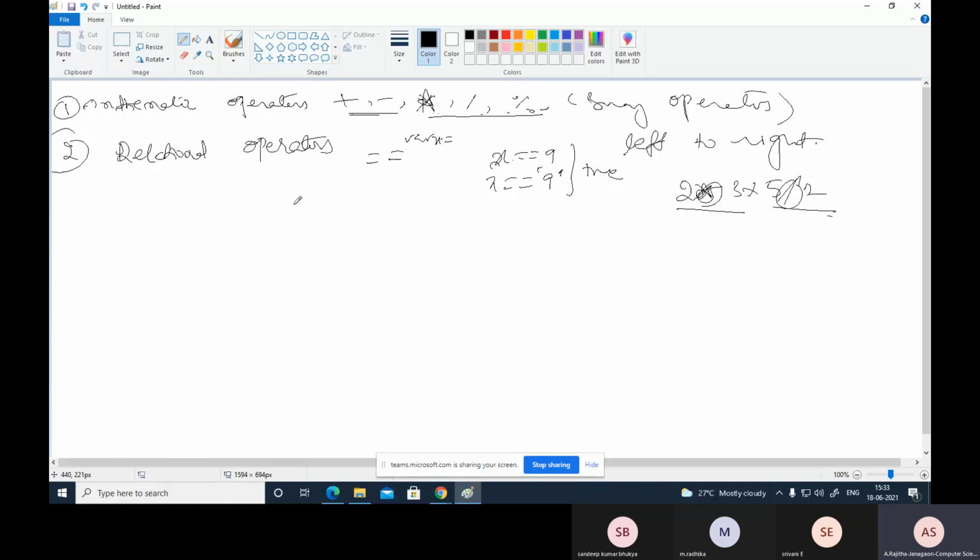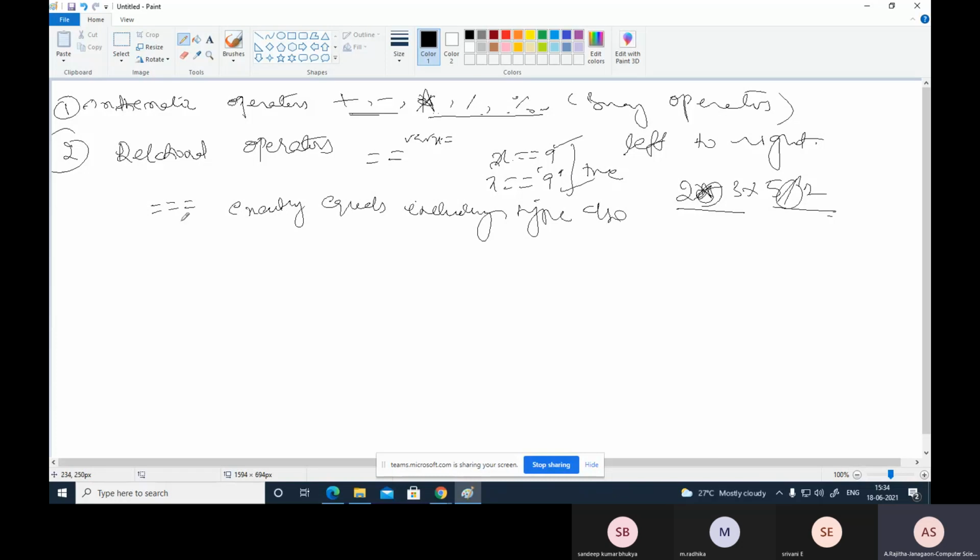And suppose one more operator is like this. This is one more operator. In this operator, exactly equals including type also. This satisfies exactly equals including type also. So suppose x equal to 9 is right and x equal to 9 within the quotes is also right here.